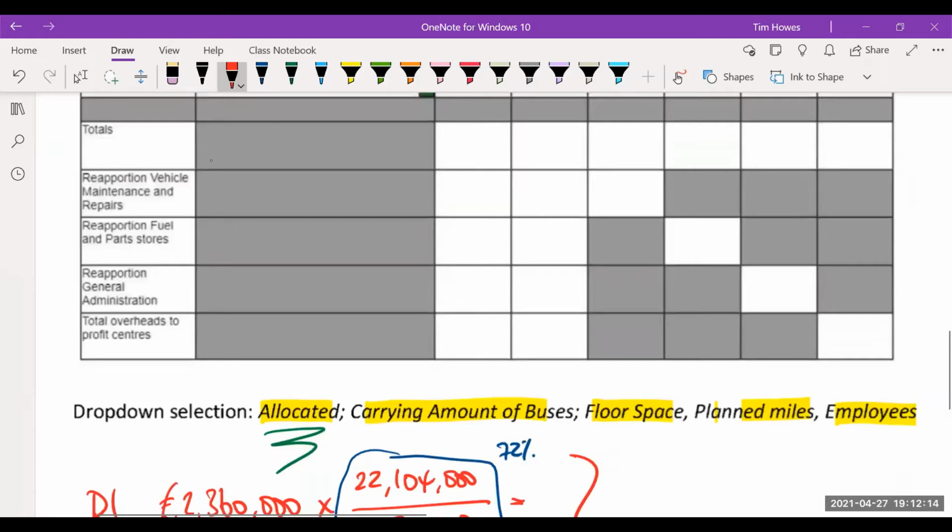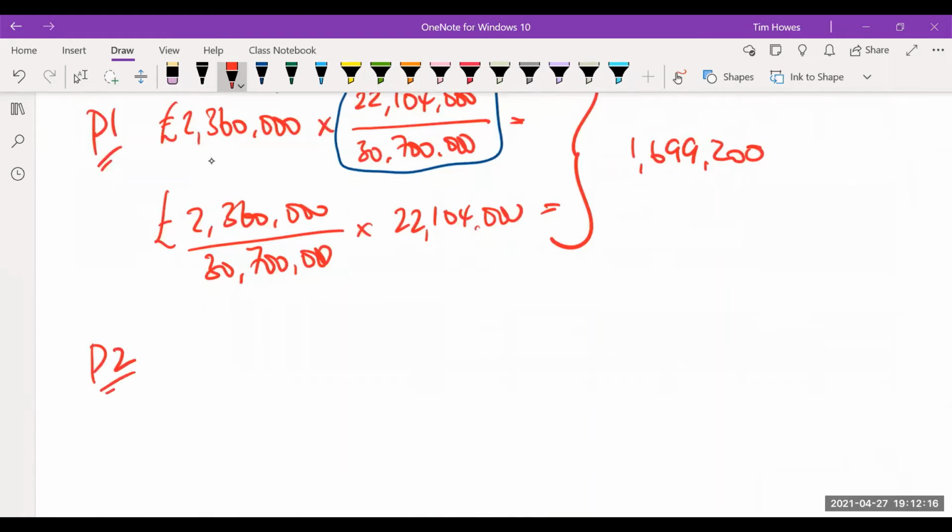Look, then if you want, and you really do want to, you do the same thing for production centre 2, which is what their contract services. How much of this 2,306,000? And you could say, Tim, it's just the rest of it, but check it. Okay, check it. Don't be in a hurry. Just make sure we don't make mistakes.